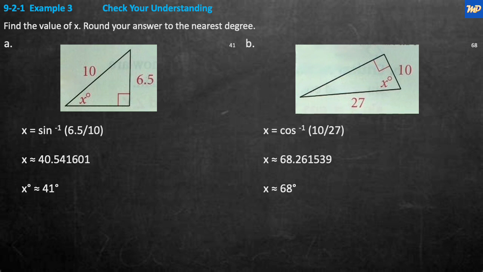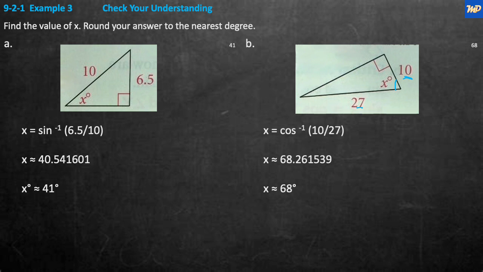Now we look at problem B, and we have the same thing to decide. Is it sine or cosine, or are we looking for a tangent? What are we looking for? Well, we're given angle x, and we see the adjacent side, 10, here. This side right here is adjacent to the angle x. And the hypotenuse, the side opposite the right angle, is 27. So we're going to say x equals the cosine inverse of 10, the adjacent side, divided by the hypotenuse. The cos inverse of 10 divided by 27 will give you the approximate value of